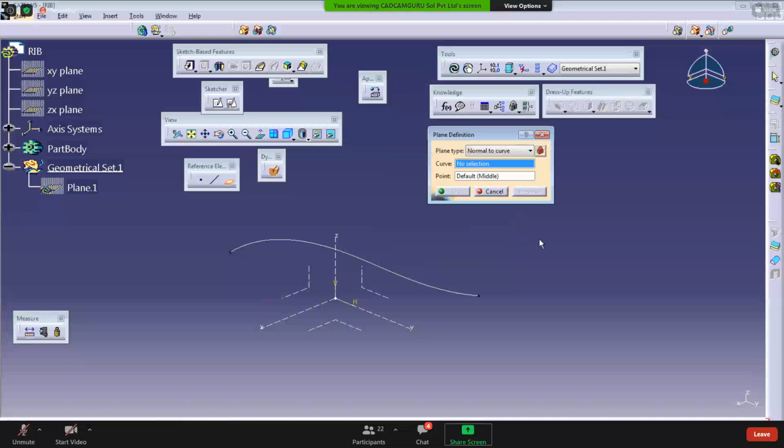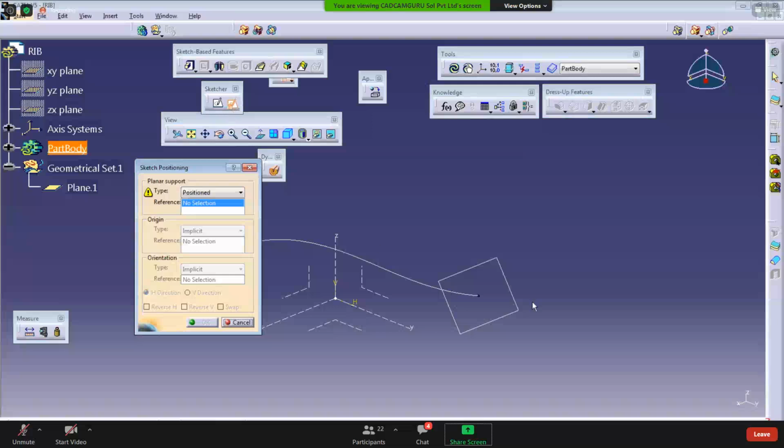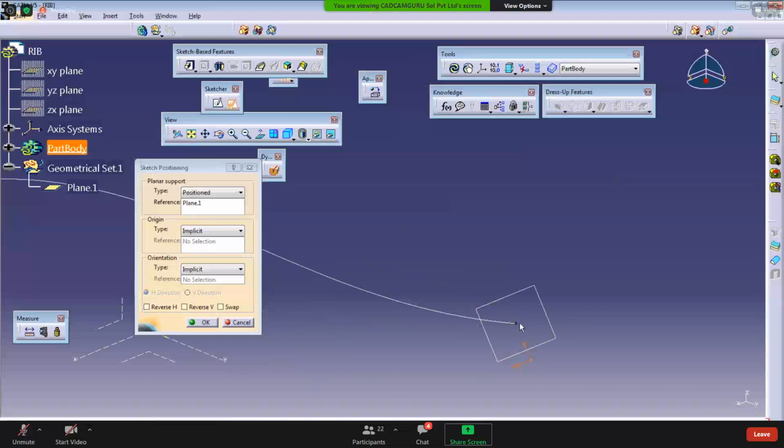And I lock this using this lock option. Select this profile, select this point. This is the normal to curve, and there I want to create the profile. Just select this position sketch, take this plane, and can anyone tell how to shift the location of the absolute axis to this zero orientation? How to shift the zero orientation of this absolute axis? I want to bring the center location here, at the black point location.